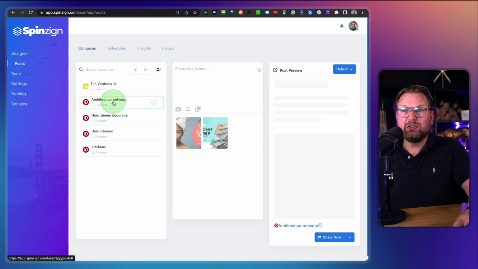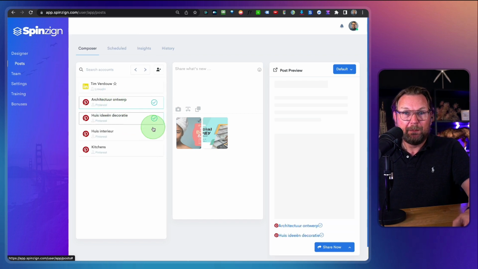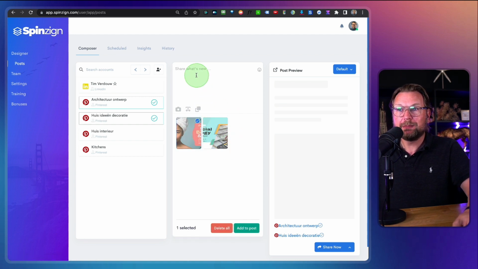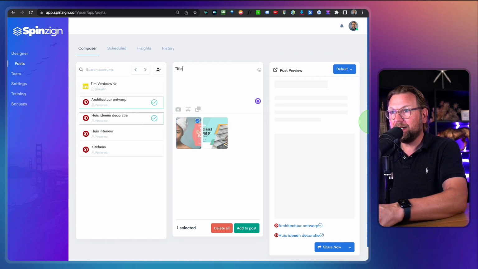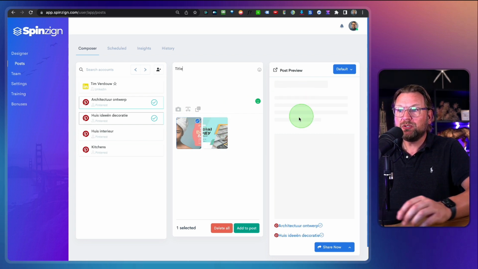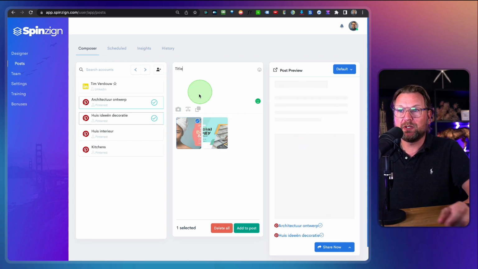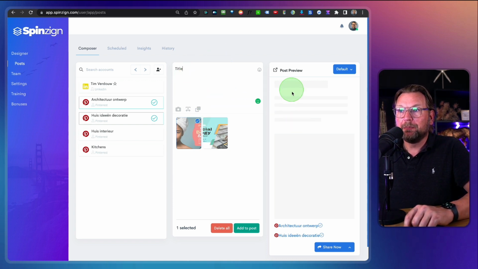So what you can do is you can select the ones that you want to post this image to, and as you can see here, you can select this image. So you want to select this, want to post this, and then in here you can share whatever you want. So you could do your title in here and your description, etc. And then you can post that to these specific networks. And other networks, if they require a title or a description, you can add that all in here,